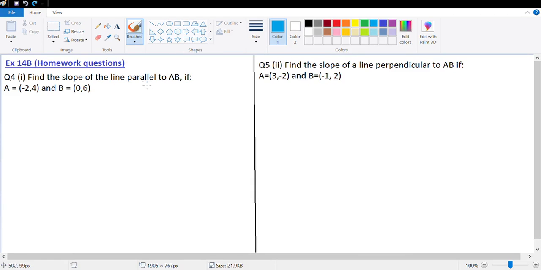Hi guys, let's look at the homework questions of exercise 14b. But before we start, let's quickly revise the concepts that we've done in exercise 14b. So the first one that we did was if we need to figure out the slope of a line, then